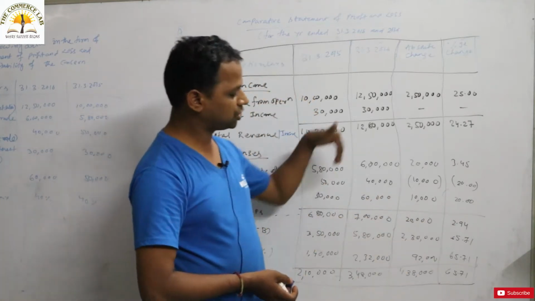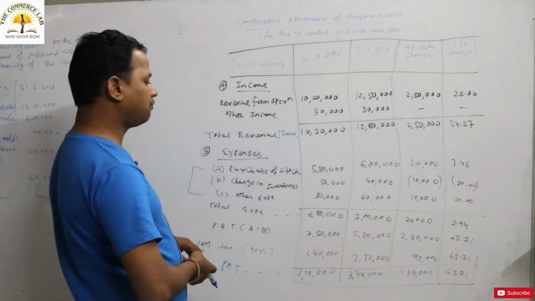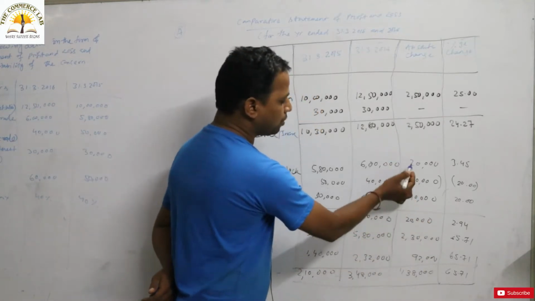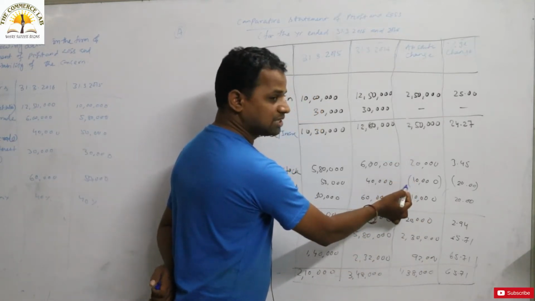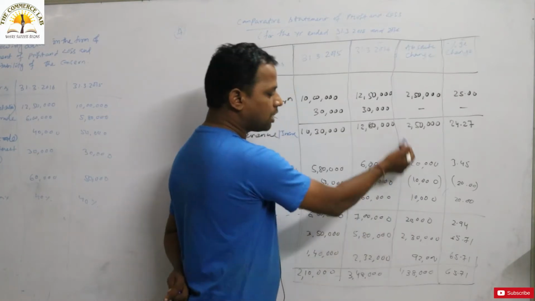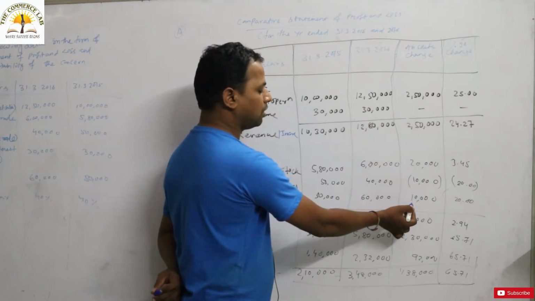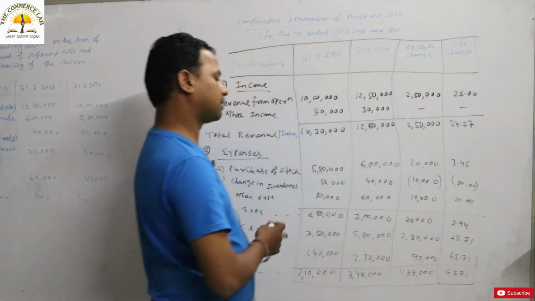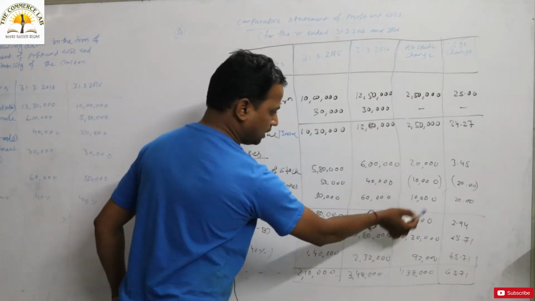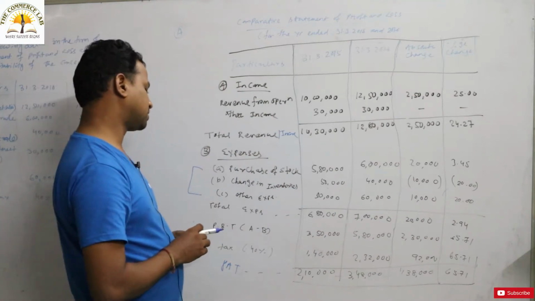Okay. The percentage increase in the total expenditure is around how much? 2.94%. Look at everybody, this is 20,000. How did you get 20,000? Minus 10,000, that is 10,000 plus 10,000, that is 20,000. It is not that 20 plus 10, 30, 30 plus 10, 40. Not like that. You have to deduct. Then only you will get it. That is 20 plus 10, 30. 30 minus 10 equal to 20,000. Okay, that is the total expenditure.